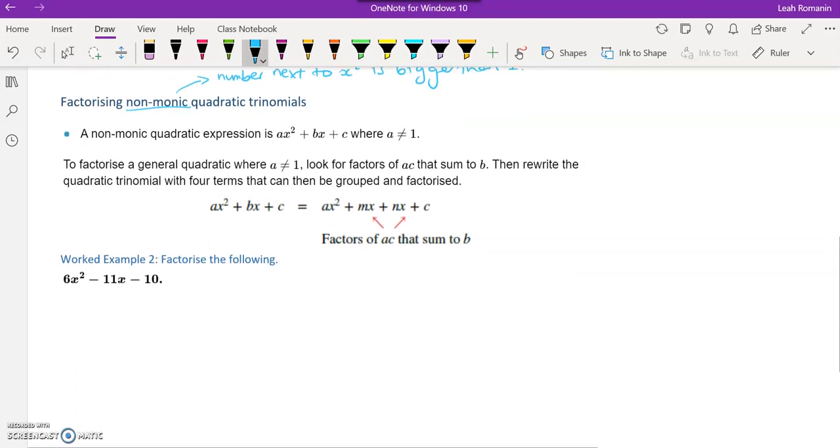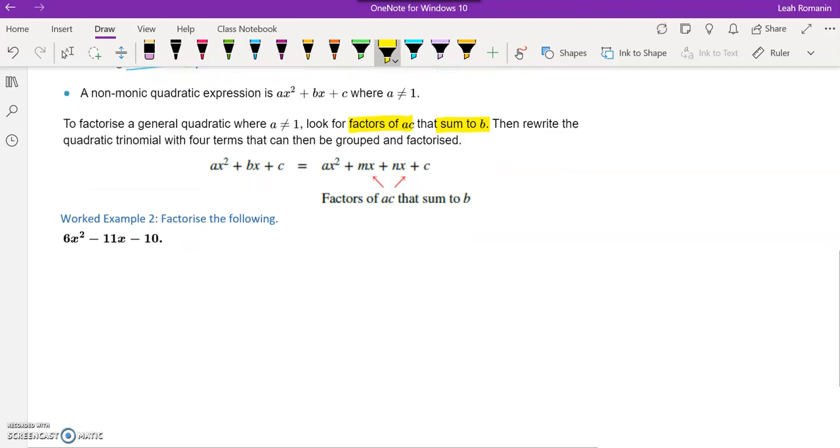However, what we are going to do now, how that changes things for us, is instead of just finding two factors that multiply to c, we're going to multiply a and c first and then find two numbers that multiply to a and c. So we're looking for factors of a and c that sum to b. So they're still adding to that number in the middle. So applying that to our example,